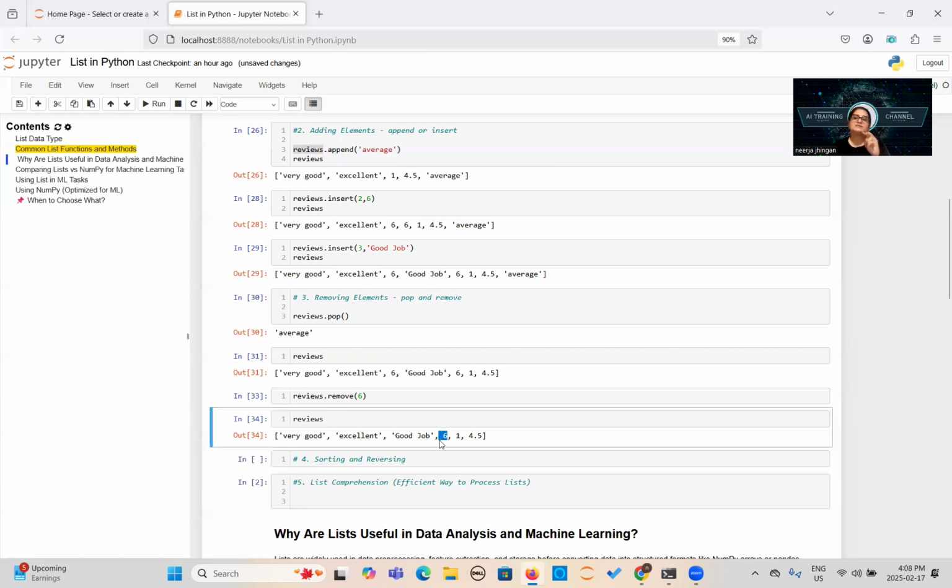Okay. So there is a difference between pop and remove. So this is the way now when and how you should use it. When you want to remove the last element, you can use the pop method. If you want to remove a specific value, then you can use the remove. Okay. The next one is